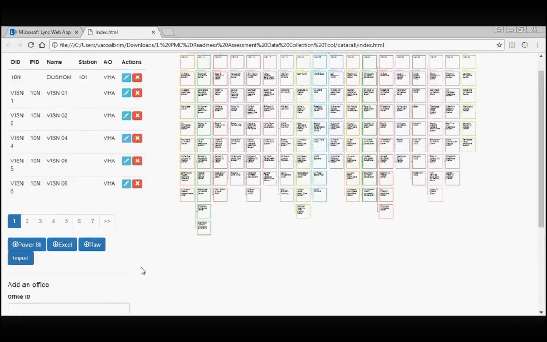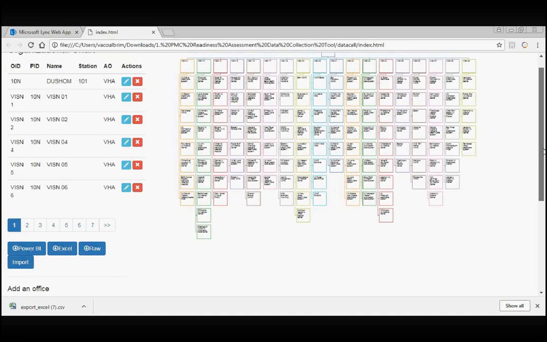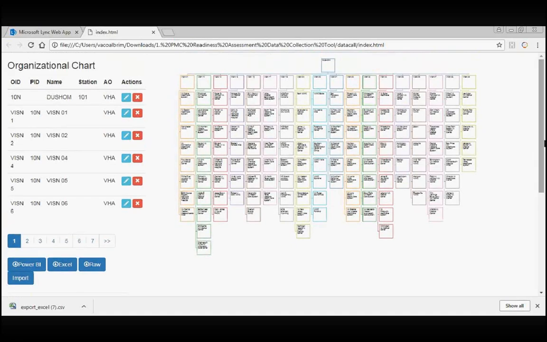At this point, there's this Download Excel button over here. So you want to hit that, and you'll get an Excel download that contains all of the data that you just entered into the system. That is the file that we're asking that you email to the business architecture inbox. Now, there are a couple different ways you can do this. If you have multiple people that are supplying the data